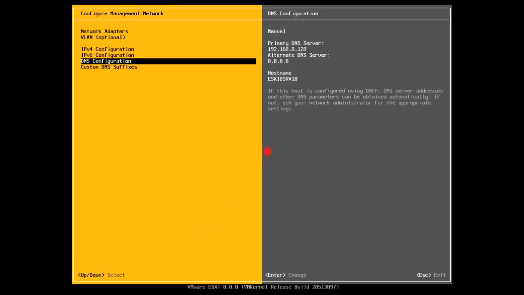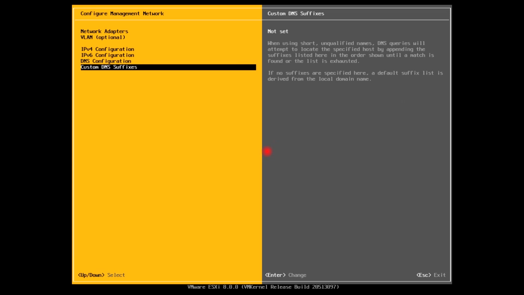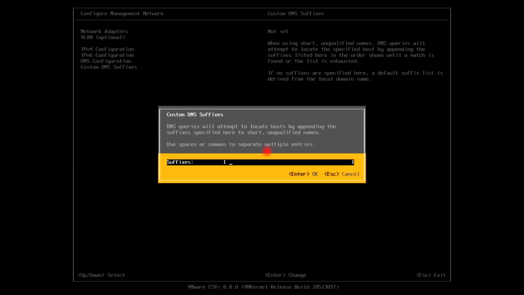I will go to custom DNS suffixes and hit enter here. I will provide the suffixes as virtualtechbox.com, and I will hit enter here.